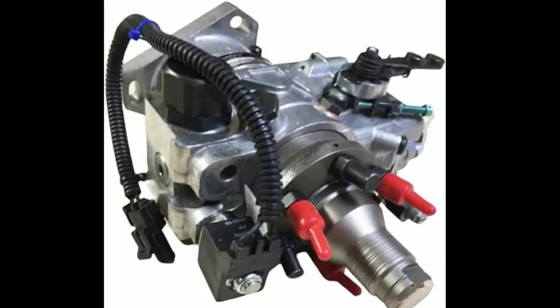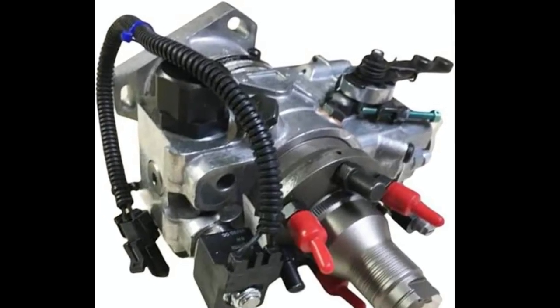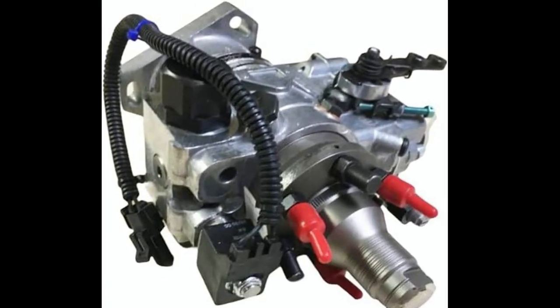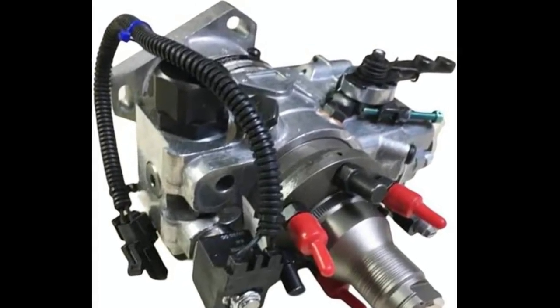Now, let's address the elephant in the room: cost. Yes, OEM pumps like these are usually more expensive than some aftermarket alternatives. But here's the thing: reliability pays for itself. When you're in the middle